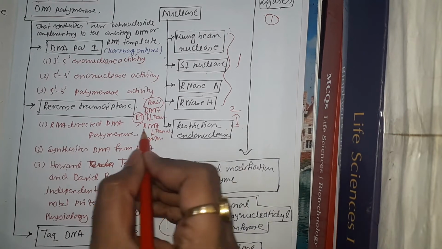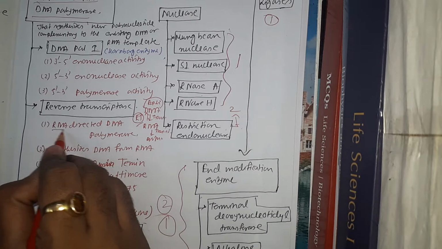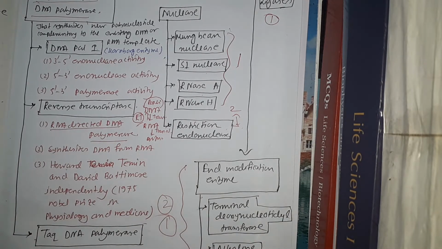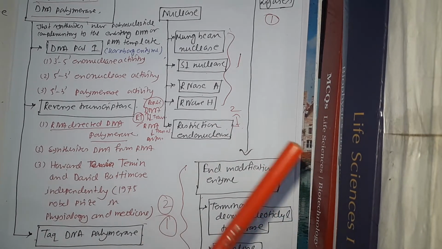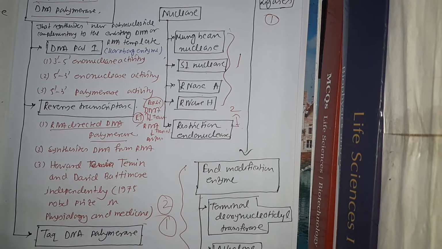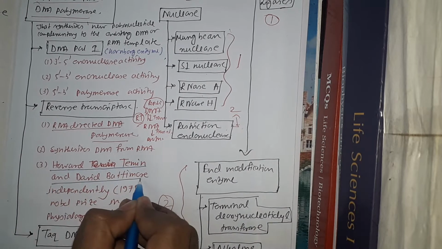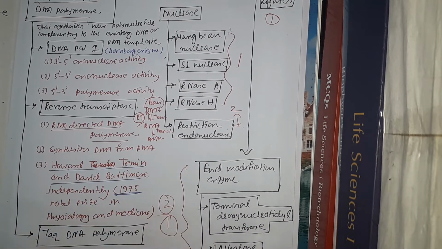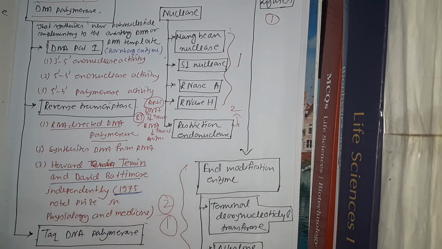So as RNA directs the DNA synthesis, we can say this enzyme is RNA directed DNA polymerase, right? Simple. And the second property is it synthesizes DNA from RNA, that I have told you. And this is most important, that reverse transcriptase enzyme was discovered by Howard Temin and David Baltimore independently in the year 1975, and they received their Nobel Prize for it in 1975 in physiology